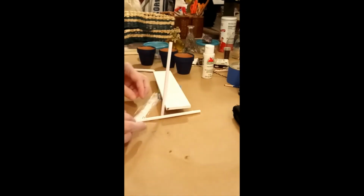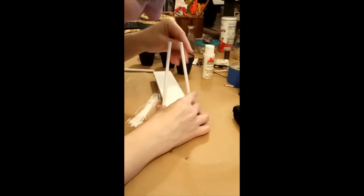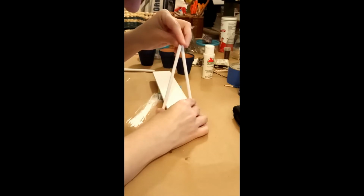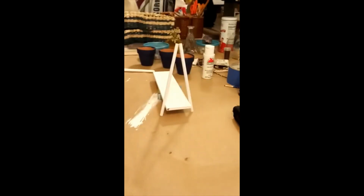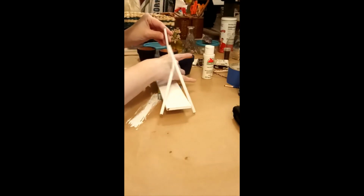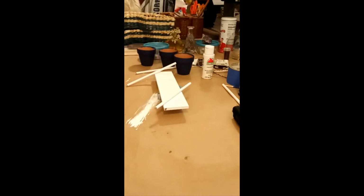Obviously, I could use an extra pair of hands, and Jupiter can't help. I'm just going to set this, put you on this side. Okay, so this isn't working right, so I'm going to get my...